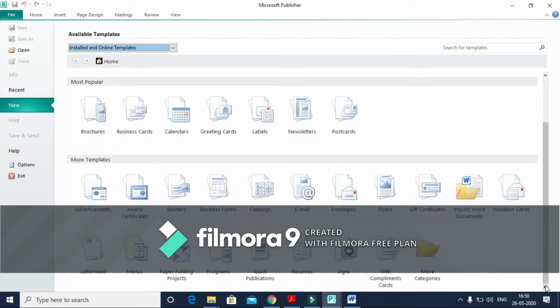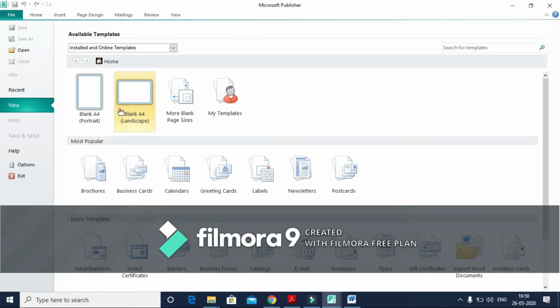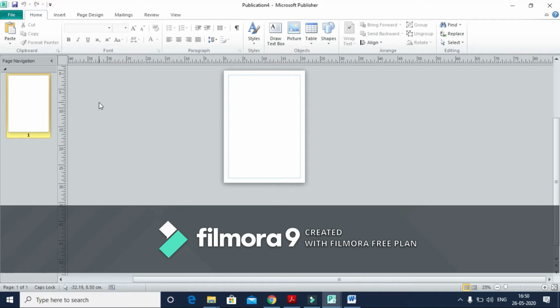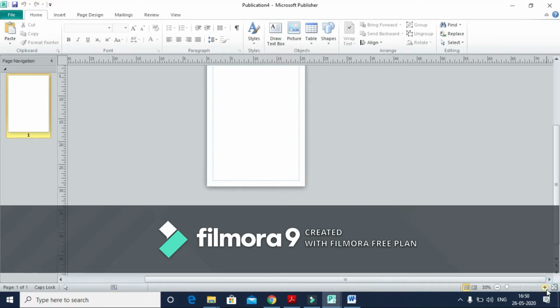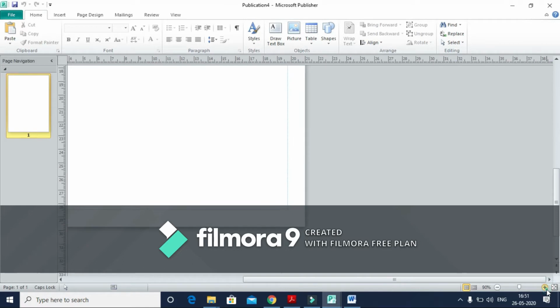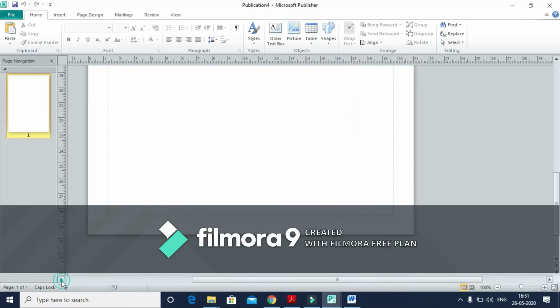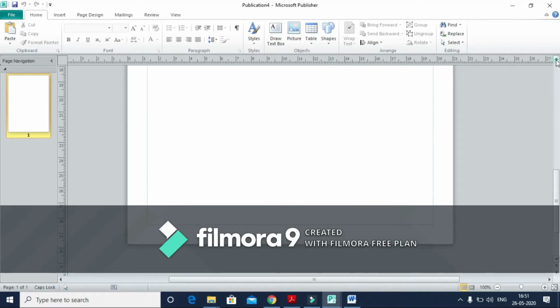As we can see, this interface has a lot of templates inside, and quickly we will start with our newsletter designing. I would like to go with a blank page so I can design and show you how easy it is using Microsoft Publisher. For this, I will go with portrait mode. Once I click portrait mode, it has already opened a page, and I will increase the zoom so it becomes 100, which clearly gives visibility to start the pre-operational work. As you can see, now it is a blank page.